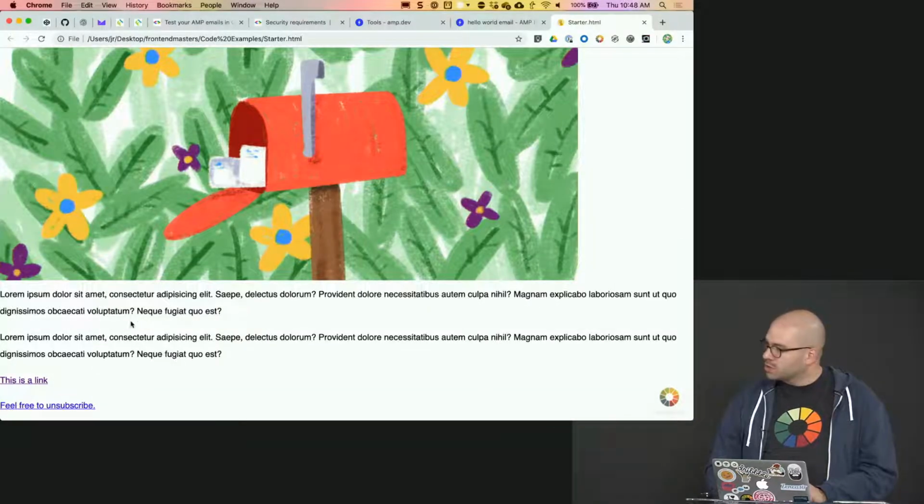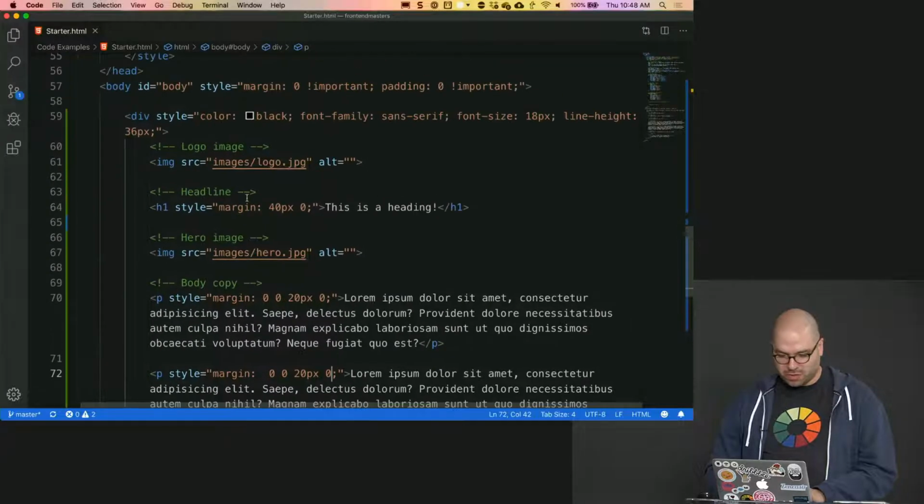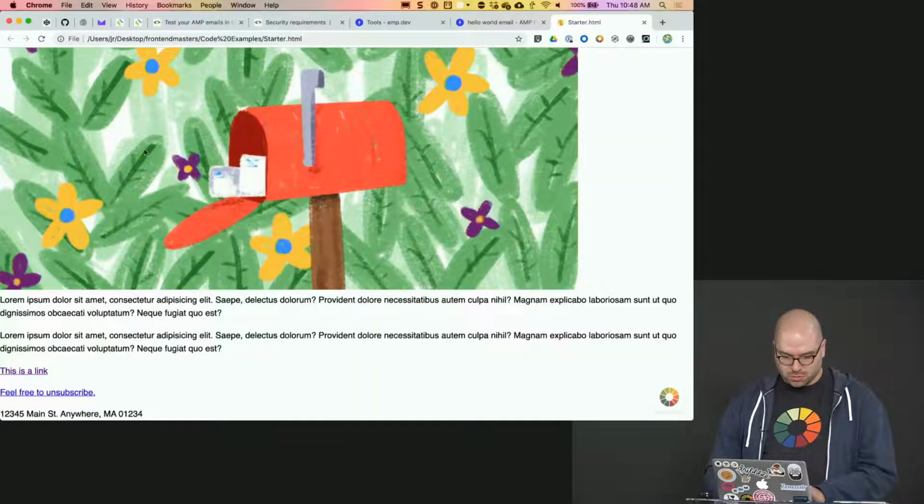Then we have a little bit of space. We have plenty of line height, maybe even a little bit too much. We can take that down some, say like 28. That's a little bit better, a little bit more comfortable. Obviously, we aren't doing anything structural to the email, but we can see how that might work with our container